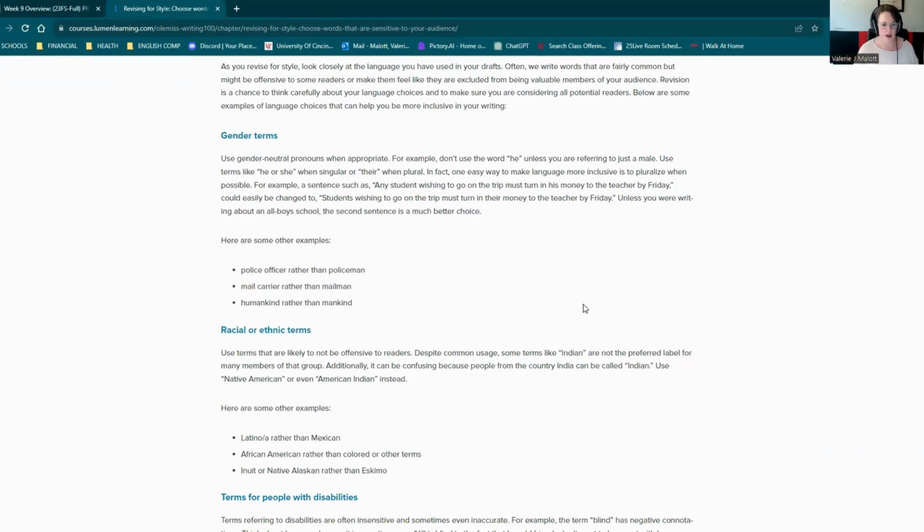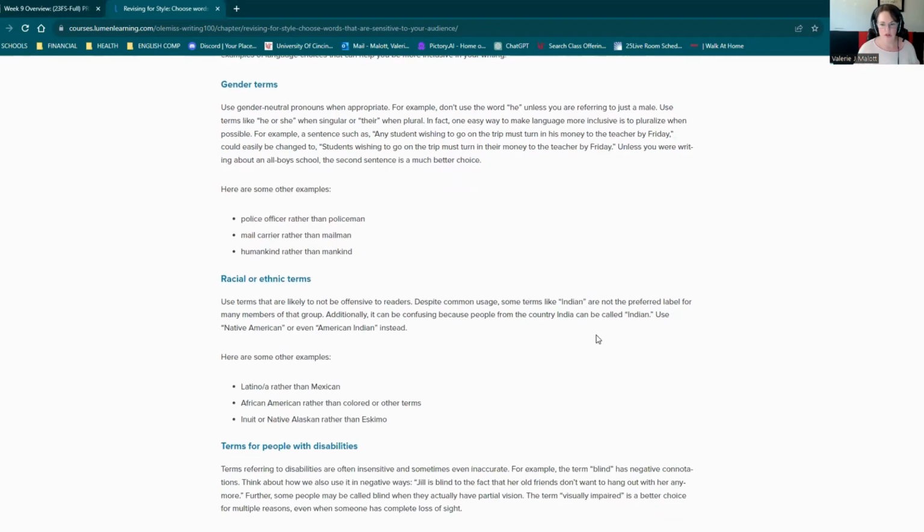Likewise, with racial or ethnic terms, you want to be careful using terms like Indian, because there are people who live in the country of India who can be called Indian or East Indian, right? Whereas we have people who are native people in the United States, we call them Native American or American Indian instead. So things like Latino or Latina or Latinx rather than Mexican, African American rather than colored or Negro,